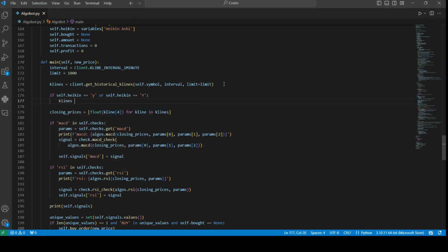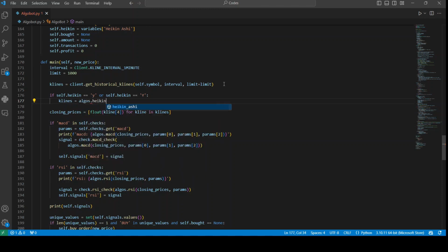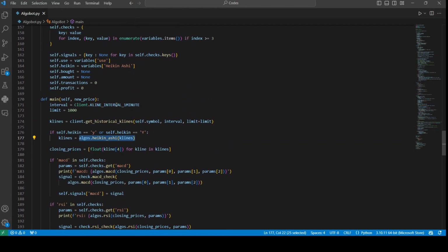Then we can say the K lines or the candles are going to be algos.Heikin Ashi k lines,